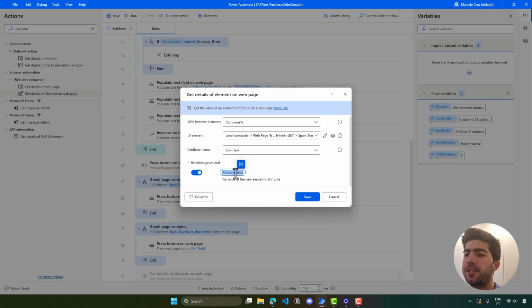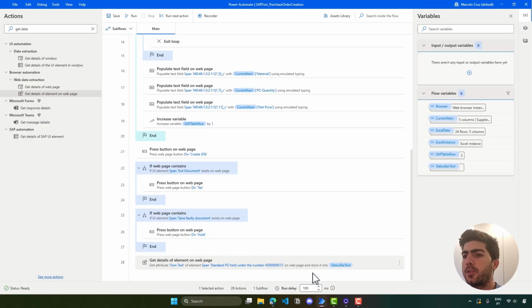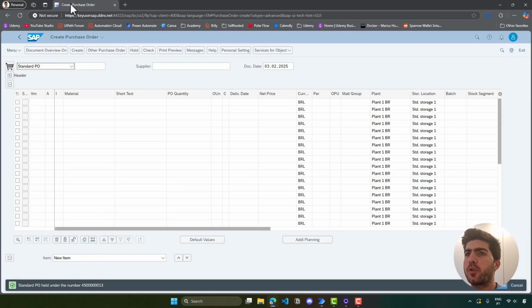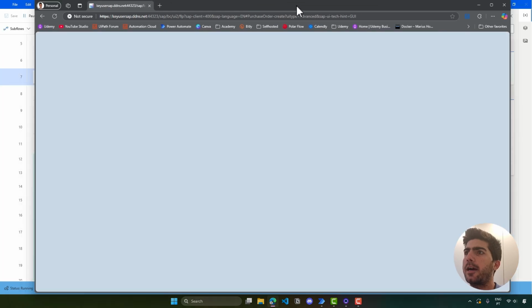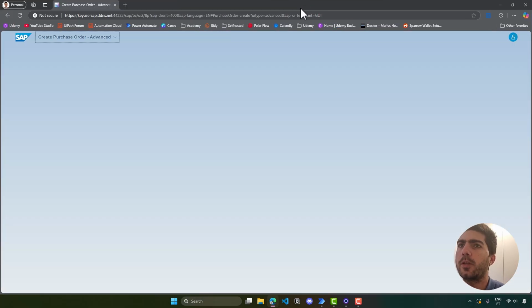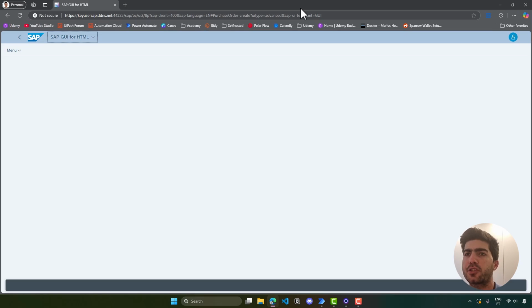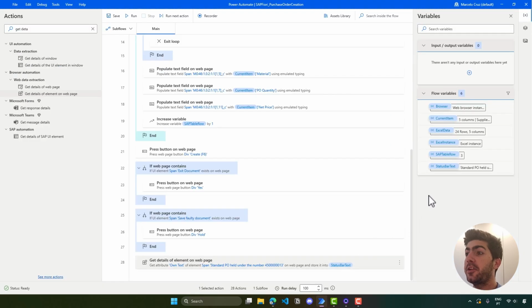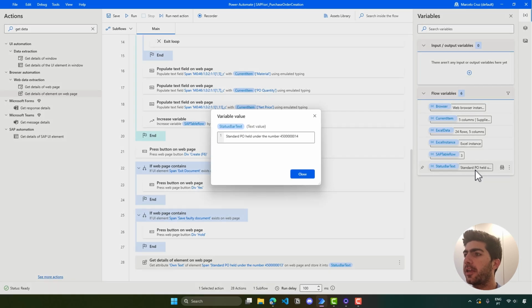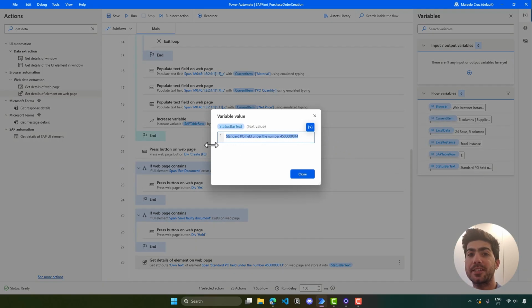And so here, let's just change the variable name to status bar text and save. And so let's see. So I'll just run again to check if we are able to retrieve the text. And now it looks like after extracting. So let's see if we are able to extract it. So it was created a purchase order. And here you can see on the variable status bar text here on flow variables,